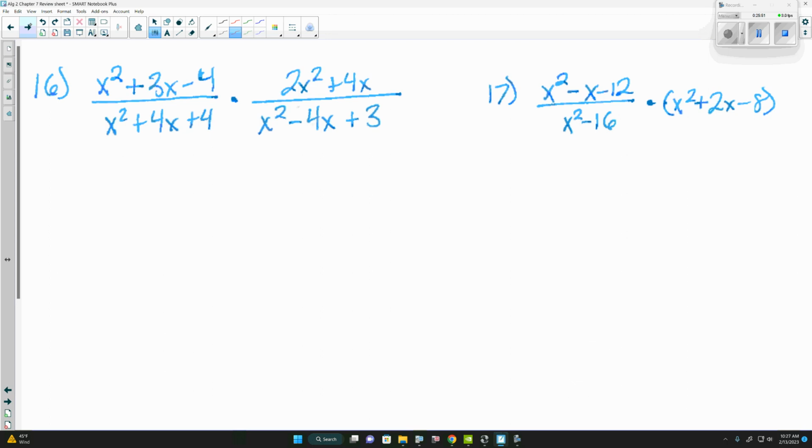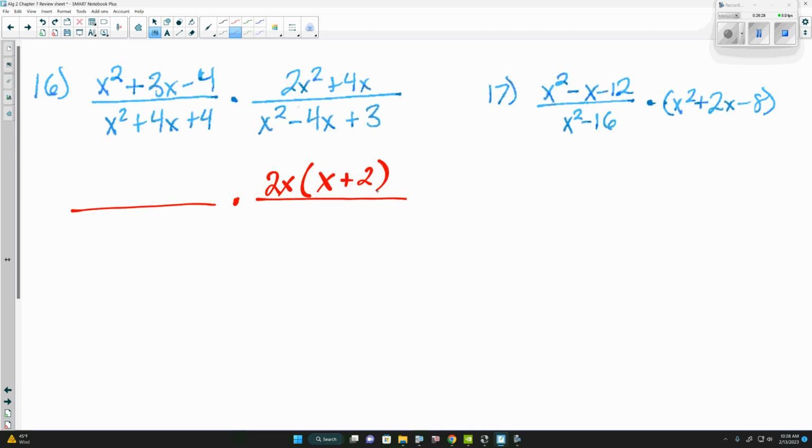So if we look at this next one here, again, we want to factor each of these here and then multiply and simplify. Out of the 4, the 2x squared plus 4x is probably going to be the easiest one to start with. Because if we look at 2x squared and 4x, they have a greatest common factor of 2x. 2 and 4 have a greatest common factor of 2. X squared and x have a greatest common factor of x. And if we factor that out,